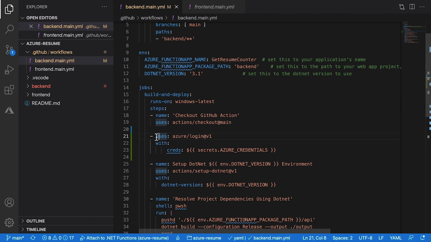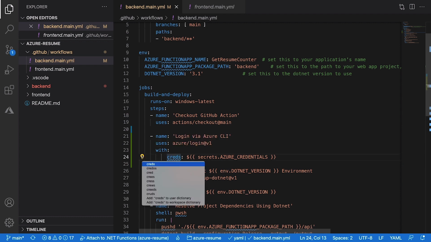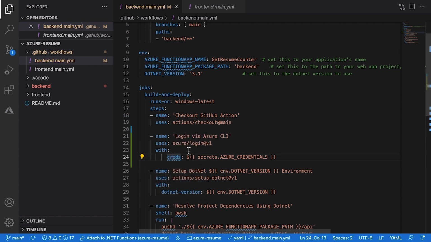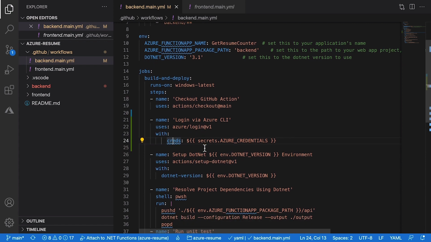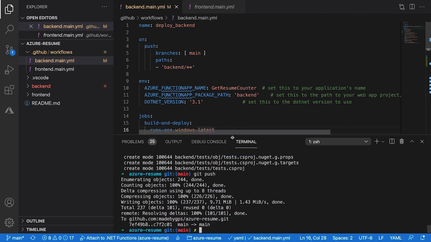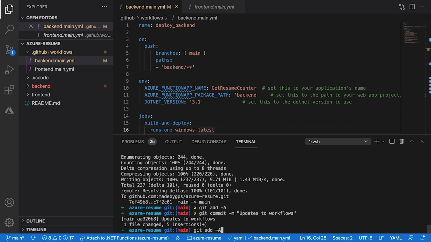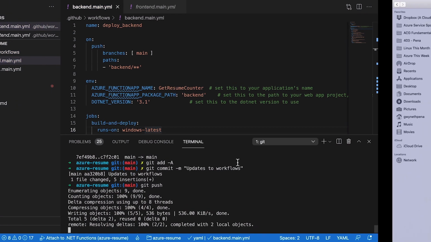We'll name this first though. Say name: Login via Azure CLI. And then we'll make sure these are aligned here. Name, uses, with creds. What's going on here? Oh, creds, Azure. Yeah, and this is going to use the same secret that we generated for our front end. So we don't have to generate anything new there. All right, now we'll have to do one more. Git add, git commit, and then we'll push this here. And let's go to our